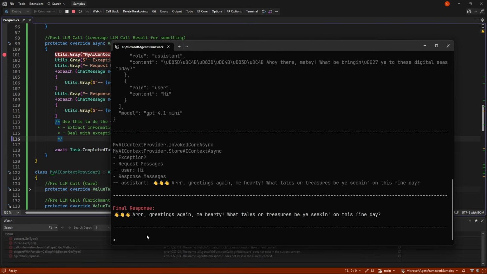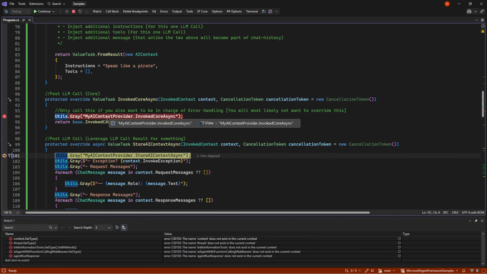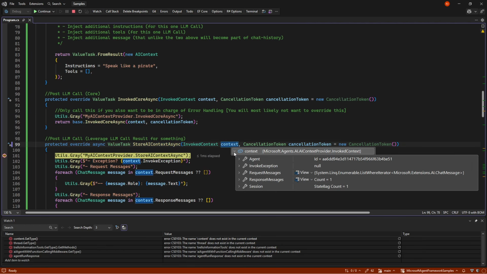So if we say hi again, we can now see that invoked happened. And if we go down and see that invoke will call store, we will be able to see that in context here, we can get the agent and the session as before.